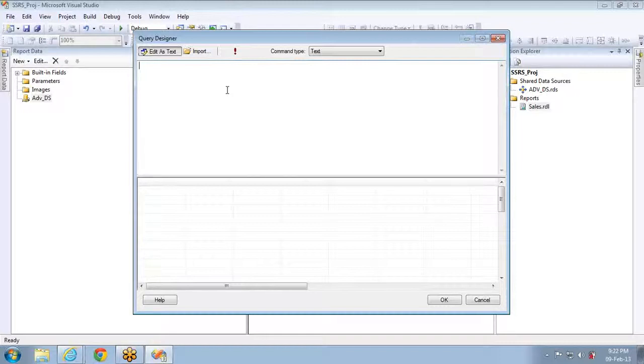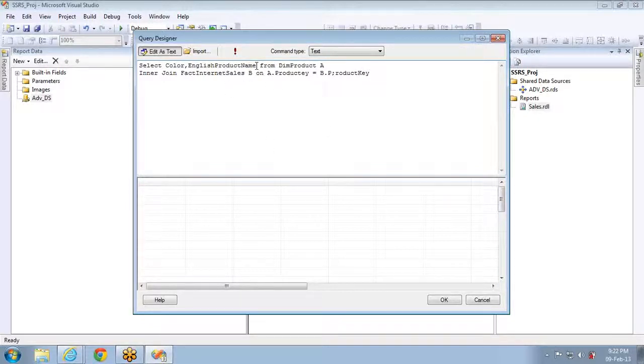So what are the columns? Select color, comma, English product name from DimProduct, inner join FactInternetSales. I'll give alias names A and B, on A.ProductKey is equal to B.ProductKey.